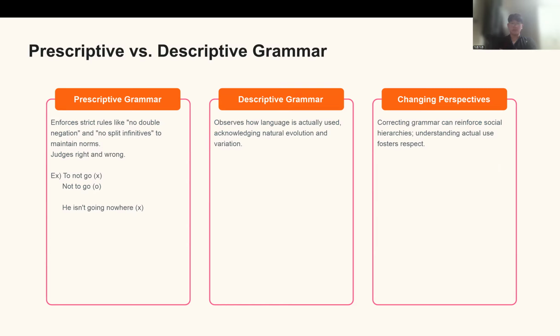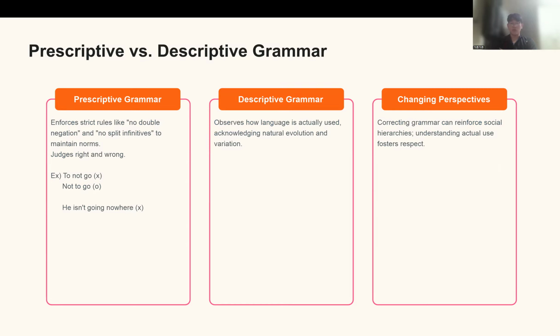My favorite examples are, first, no splitting infinitives, which means you should say not to go rather than to not go. And the second one is no double negation, which means no double negatives, and the example is he isn't going nowhere. This seems pretty fine because obeying rules is not that bad, but when prescriptive